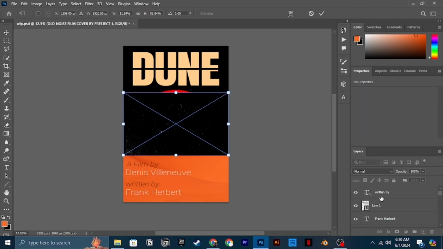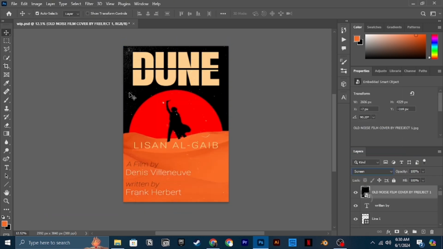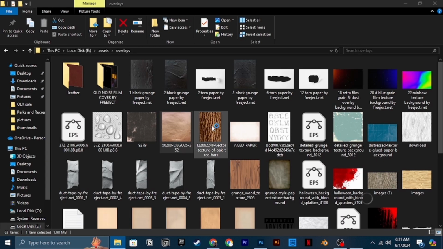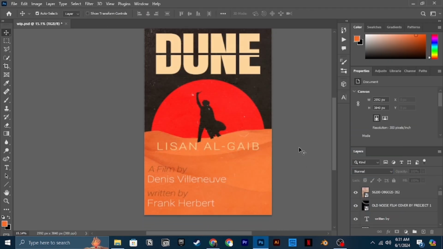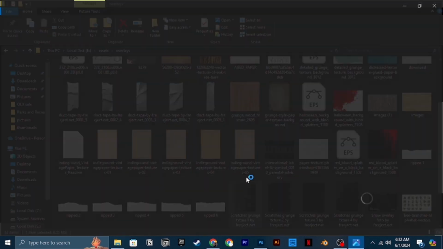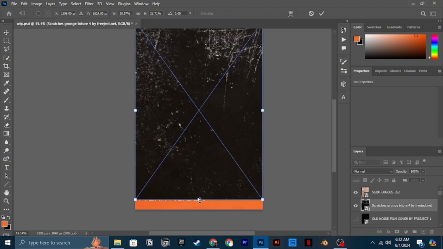And another thing that I'm really proud of is that the textures really work well here. It really brought the whole design together. It feels like an authentic retro poster with the texture. So always play around with texture, in my opinion.